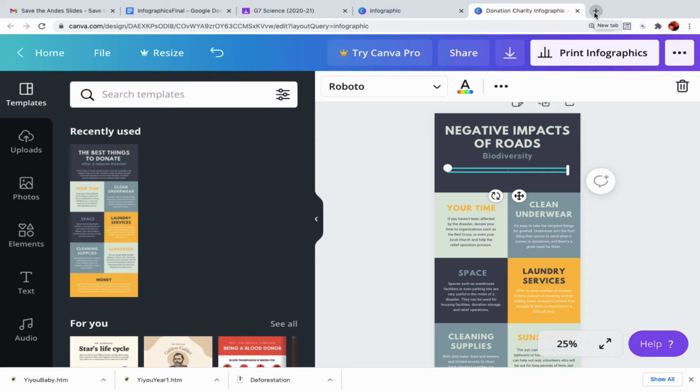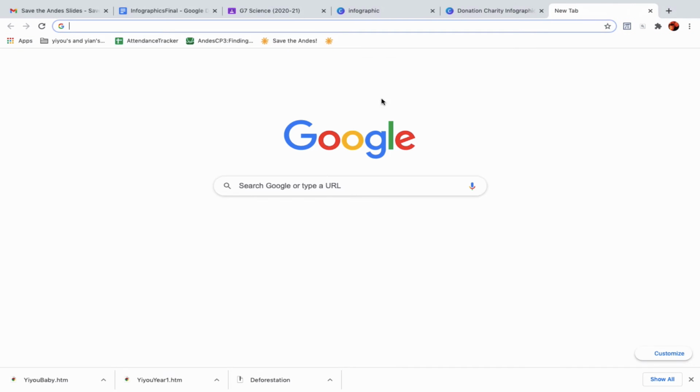You want to make sure your infographic has images because the idea of this type of project is that you quickly catch someone's attention with bold letters, images, kind of unexpected numbers, that type of thing, like the percent of things that have died or gotten better because of your solution, that type of thing. So I'm going to go to something called the Noun Project